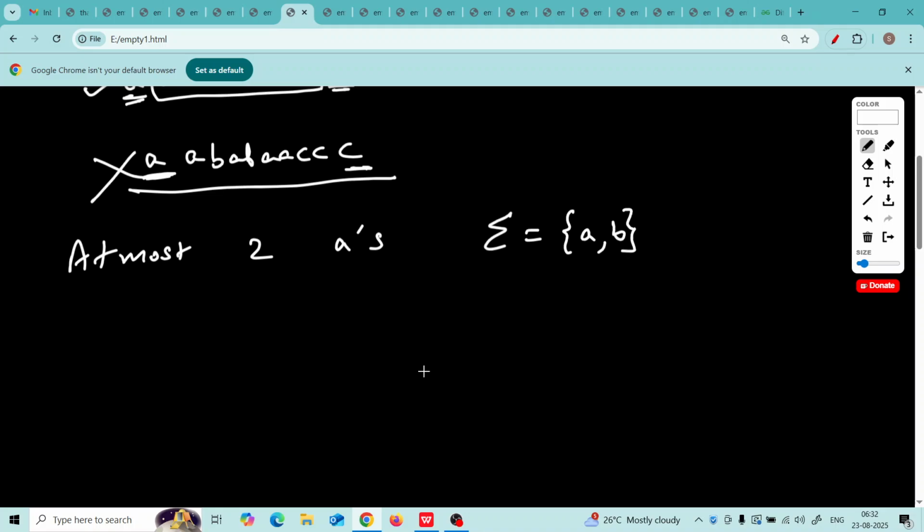At most means maximum, isn't it? So epsilon should be selected. Think over it. Then at most two A's, isn't it? So A should be selected, AB should be selected, BA should be selected. Okay. Then BB should not be selected.